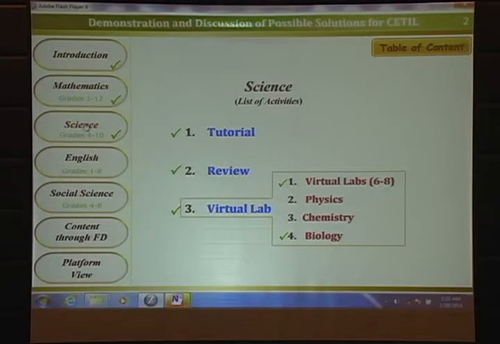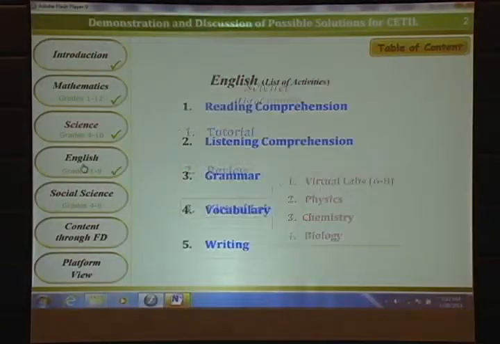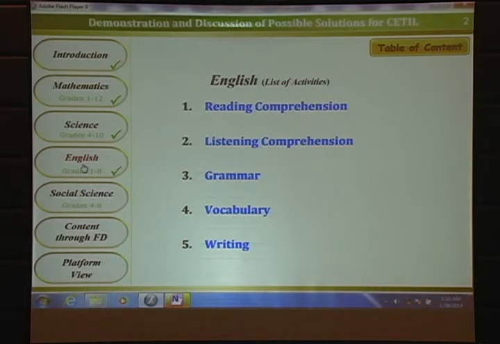Next is the English language. How many of you are in English language? All right. People say that next to mathematics, language, English is more important. Or maybe some people prefer English in the first place and math the second. So what we have done is empowering the basic things: reading comprehension; listening comprehension; grammar, to be able to construct sentences; vocabulary building; and writing skill.